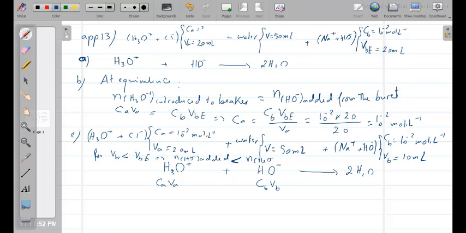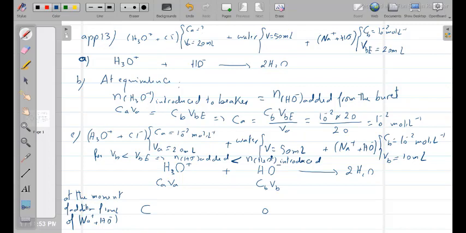Therefore HO- is the limiting reactant. At the moment of addition of 10 milliliter of sodium hydroxide solution, it remains 0 mole for HO- since it is the limiting reactant. H3O+ is in excess, it remains number of mole of H3O+